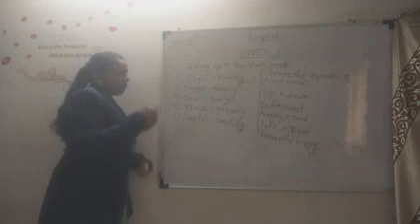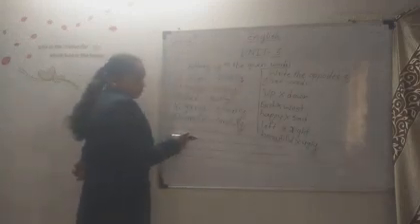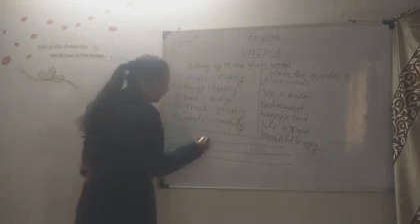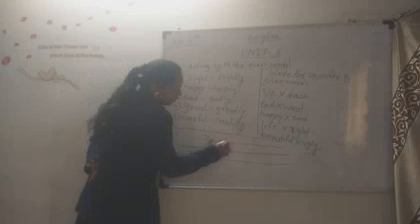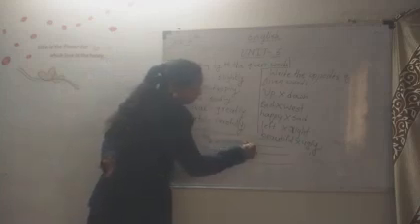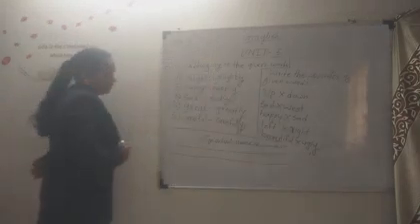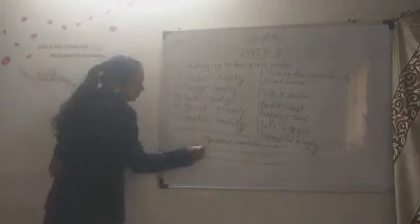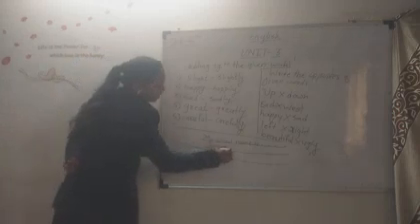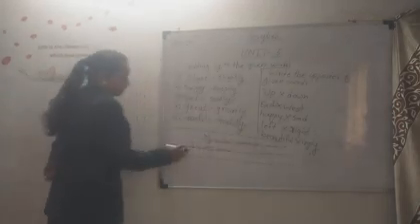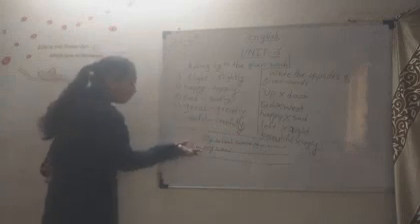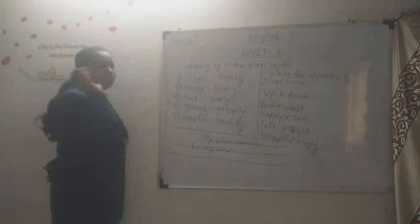So how do you write? At the time of writing an essay, you start with a paragraph. I am always telling you this in class. Always show the paragraph at the time of writing an essay like this: start by leaving a space of 2 or 3 words. Then you write, like, my school name is, and you write your name. Then, you write the sentences one after another, not one below the other. This is the wrong method. These are not points.